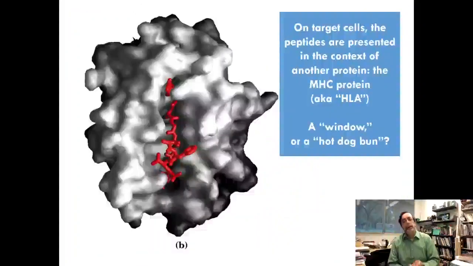Just remember how T cells work. We've seen all this before. Remember the window or the hot dog bun? The peptide is just a little hot dog in the hot dog bun. And the hot dog is only like 10 residues, 10 amino acids long, and only 5 of those are pointing up. So it's very possible that those 5, just by chance, will be presented and it will overlap with what a virus